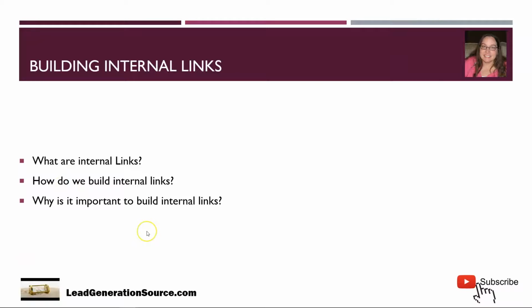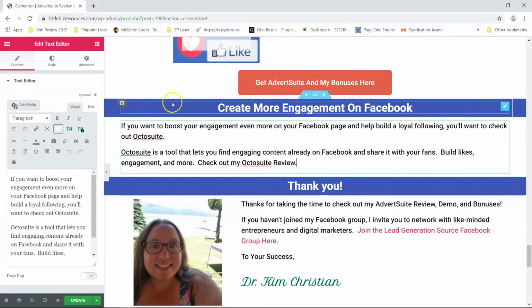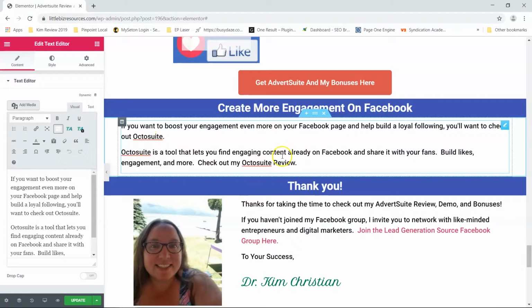All right. So now let's look at how we build internal links. I'm going to do that on WordPress since there's more of you using WordPress than any of the other platforms. Okay, so I use Elementor, and here's Elementor right here. I'm going to go ahead and show you this. I added this little blurb into an existing post so I can show you how to link over to other content. So in this case, since I already had an AdvertSuite review,